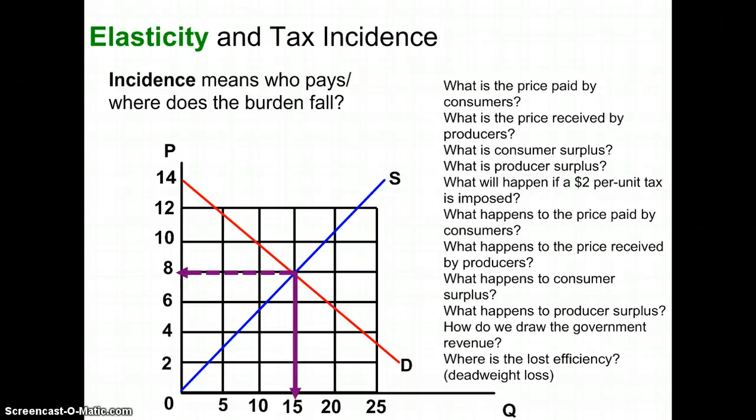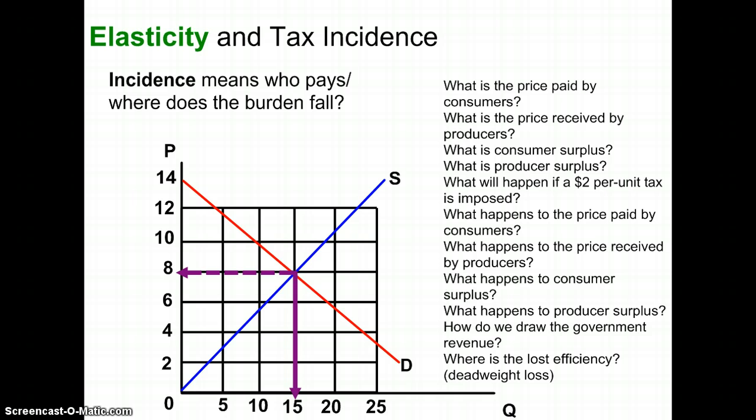is to review the notes on elasticity and tax incidence. The incidence of a tax means who pays, in fact, where does the burden of the tax fall? How much of it goes to the producers and how much of it goes to the consumers. In our first graph here, we can see that we have a moderately elastic demand curve that would have a